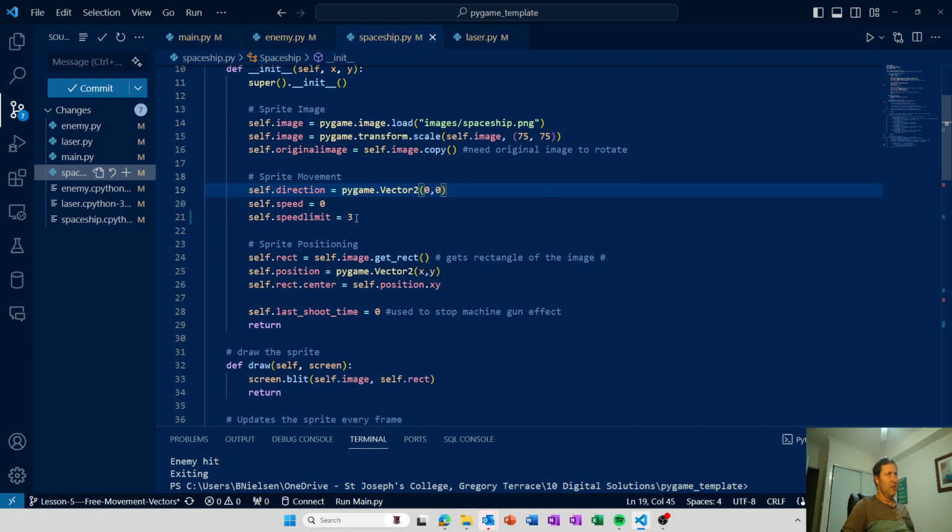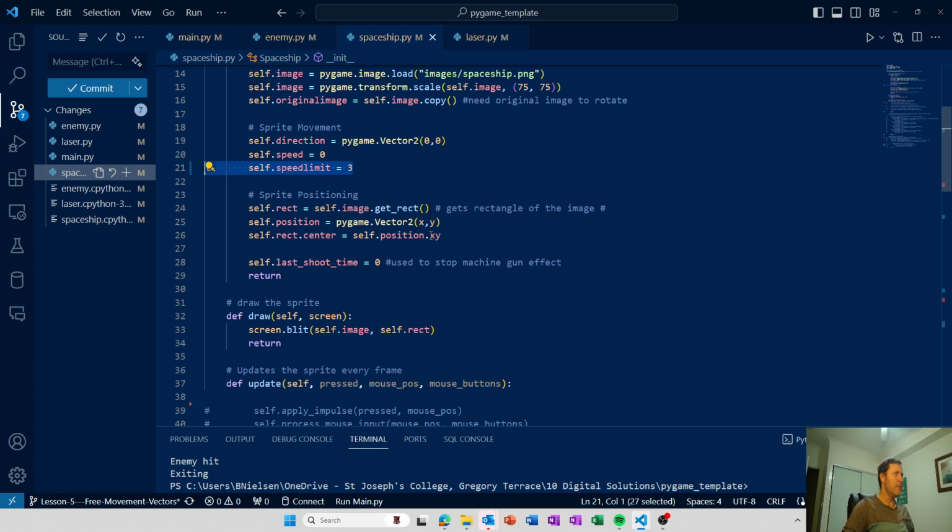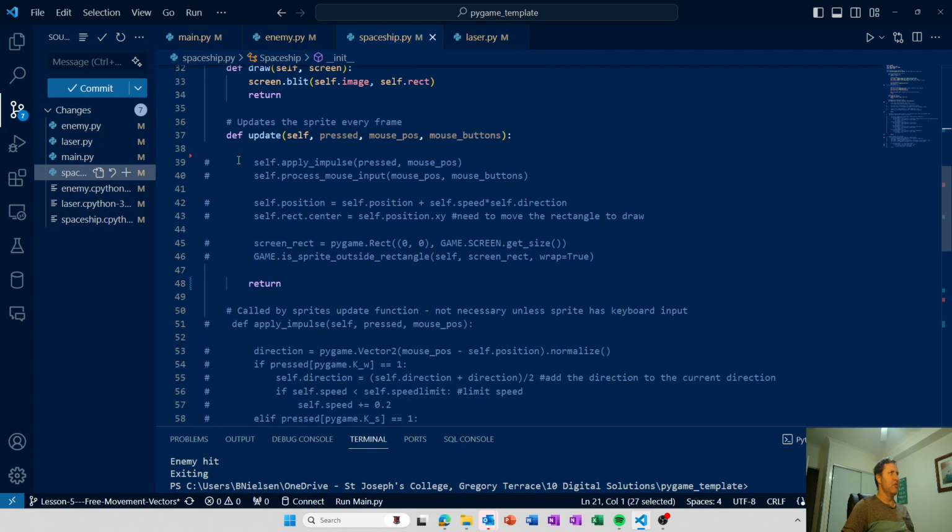The other thing we're going to do is give it a speed limit. I prefer you put it in now rather than later. The speed limit will just cap exactly how quickly we can move. And we're going to replace all our movement code. So the movement code in the last lesson, we had the sprite moving up and down, left and right, and